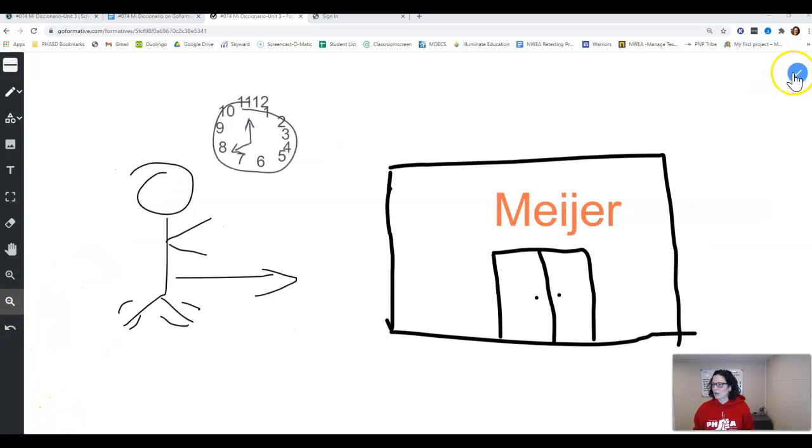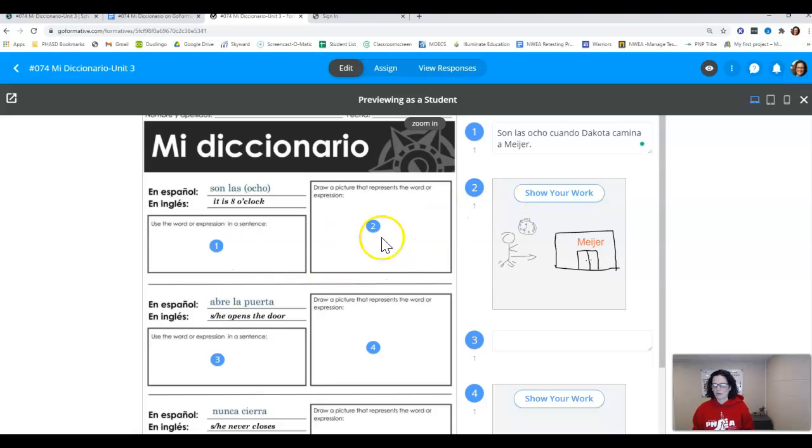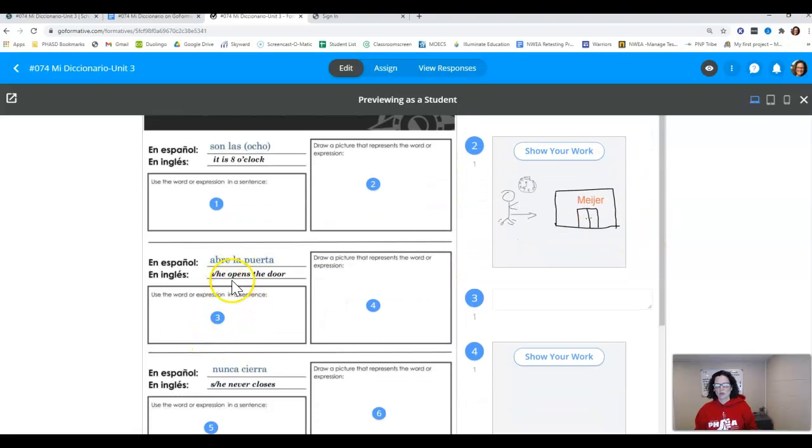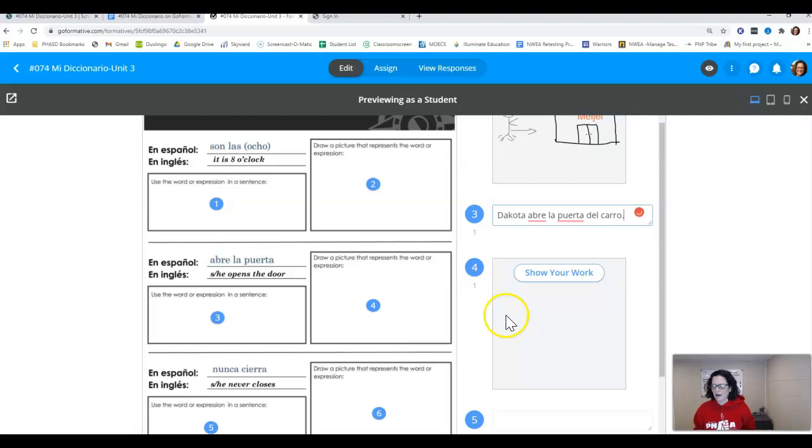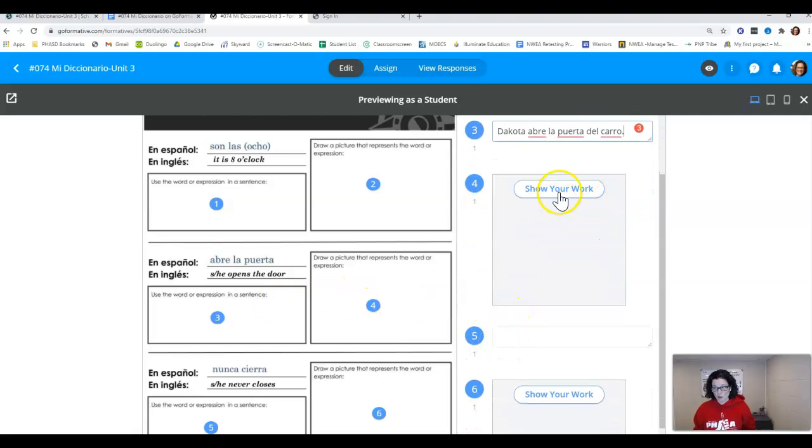All right, so when I am done, I'm going to click on the check mark for this one, and it's going to look like this, and I'm going to keep going. The next one is abre la puerta. He or she opens the door. So Dakota abre la puerta del carro, which means Dakota opens the door to the car. Okay, and then you're going to draw it. And then the next one,